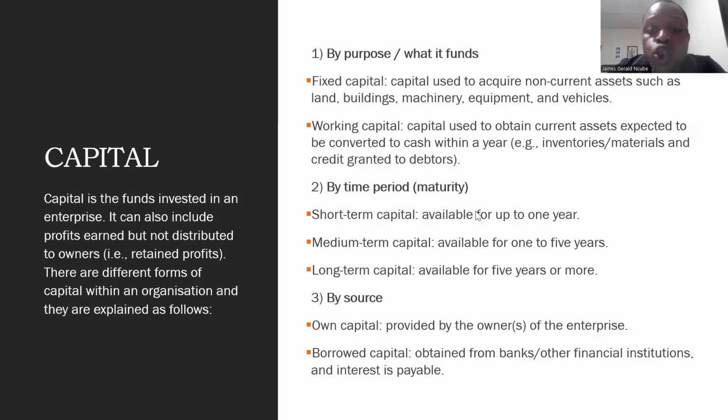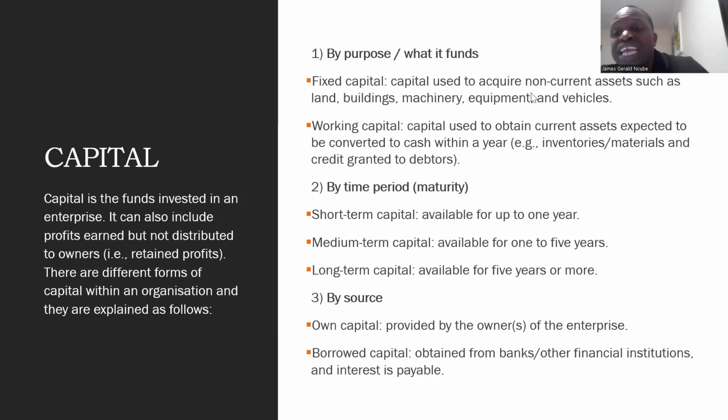Then capital can also be short-term, medium-term, and long-term. Short-term means capital that is available within 1 year. Whereas long-term capital is capital that we have invested that we are only going to have available after like 5 years. So that is long-term capital. Short-term capital is available immediately within 1 year. We can easily access it and easily make use of it. But long-term capital is available for the long term, for the next 5 years or something like that.